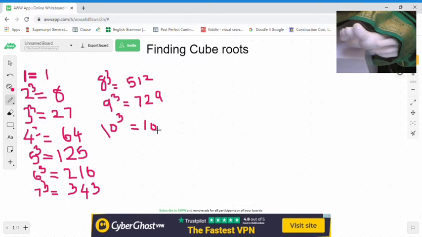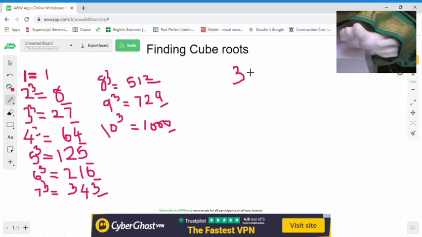So now you should remember all the cubes of these numbers. And the important thing is you have to remember the last digits of these numbers. 2 and 8 you can easily remember, because 2 cube ends with 8, and 8 cube ends with 2. By remembering this last digit only, we are going to find our cube root easily. For example, we can do it in 3 steps.